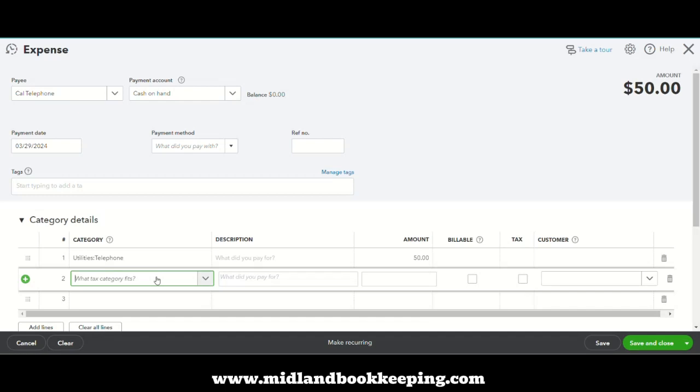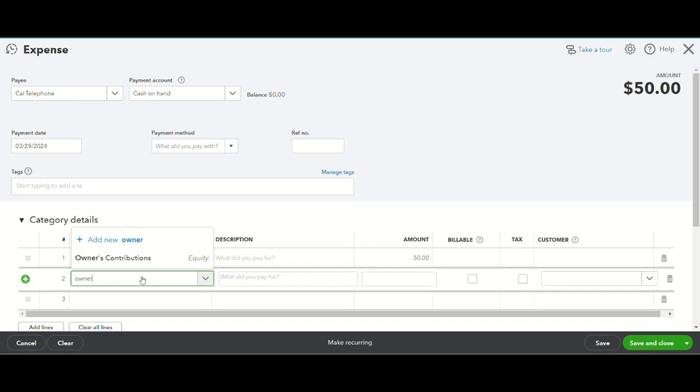And then the second line item that we're going to choose is going to be an equity account. And typically, if you are a sole proprietor, you can use owner's contributions. Just kind of depends on how your business is structured. But we're going to use owner's contributions, and then here we're going to do negative $50, and then you can